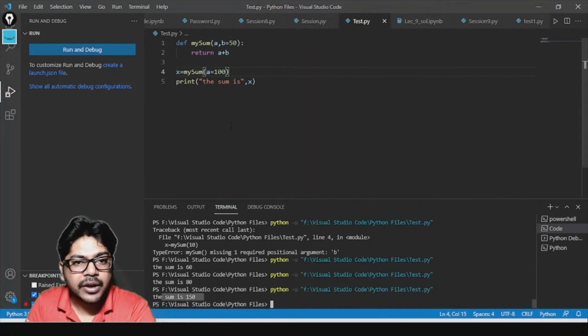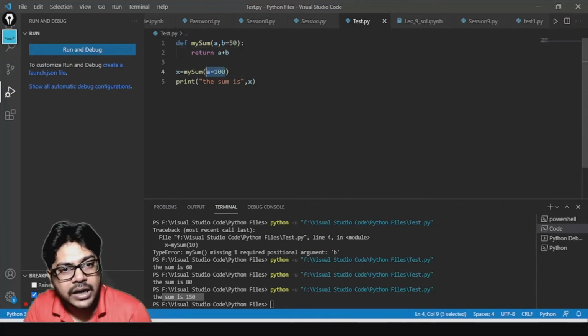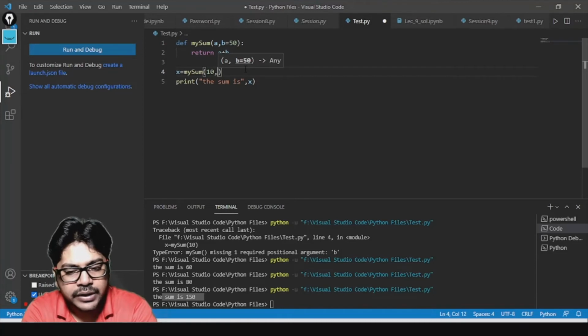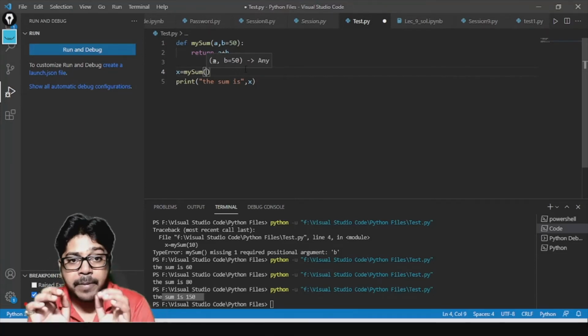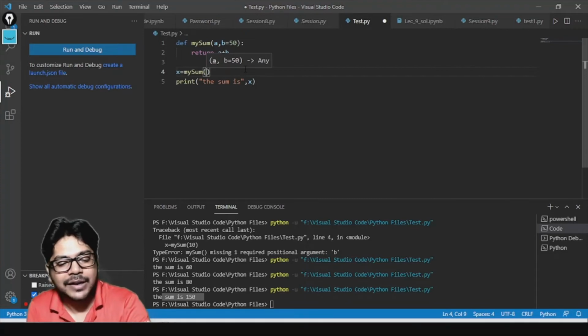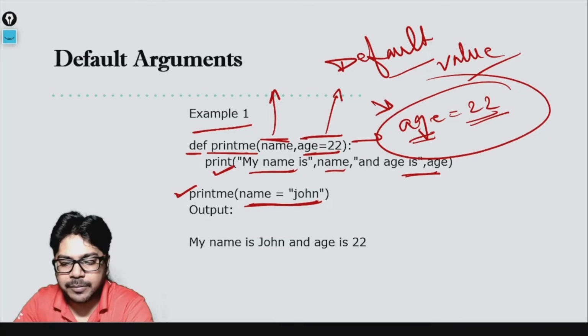And you see now you are getting 100 plus 50. Why? Because you did not give the second one, so you can do that also, right? Or you can directly write 10 and another value. So that is completely up to you. But remember that when you are doing like that, the name of the variable should be same. That we will discuss later on. Right now we will not go into that. A few slides later we will discuss about that.